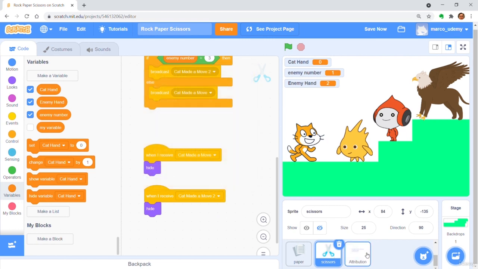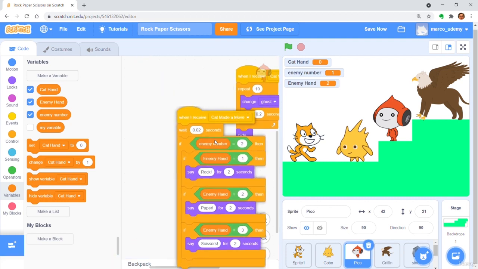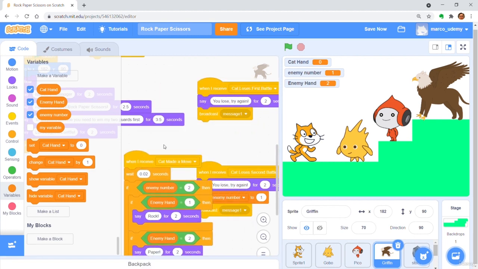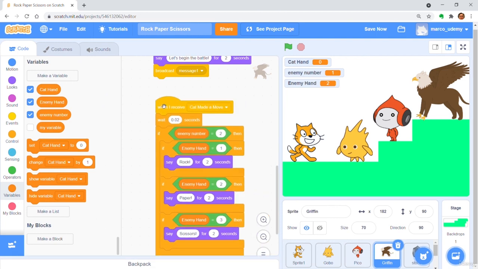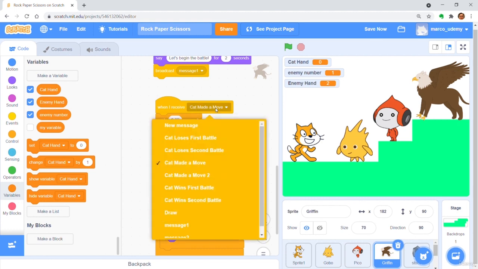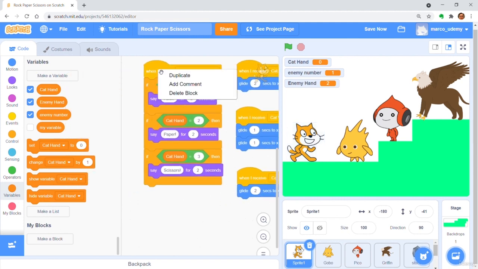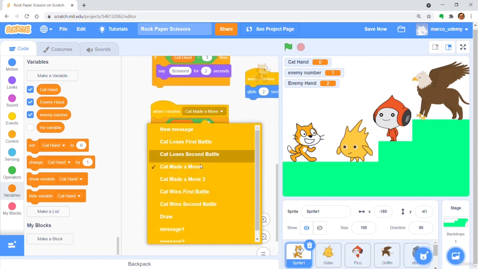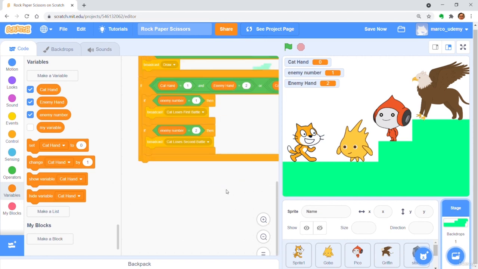Go to Pickle Sprite and copy the whole when I receive cat made a move block to Griffin. In Griffin Sprite, change enemy number to 3. Change to cat made a move 2. Go to cat sprite. Duplicate the whole when I receive cat made a move block and change to cat made a move 2. In the backdrop sprite, when I receive message 2,